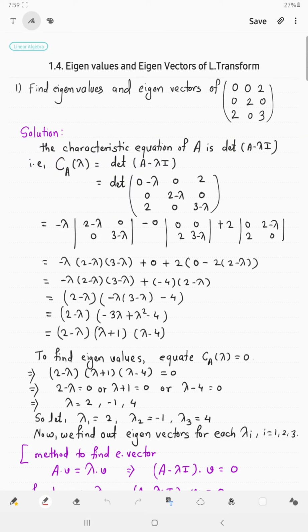In today's video, we are going to see how to find eigenvalues and eigenvectors of a given matrix. And this is very important because there is always a question of 8 marks or 6 marks regarding finding eigenvalues and eigenvectors. Here we are going to take a 3 by 3 matrix. This is a 3 by 3 matrix.